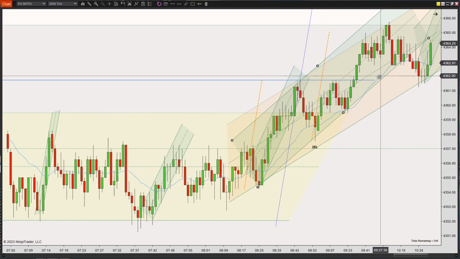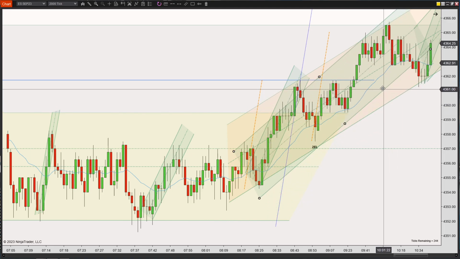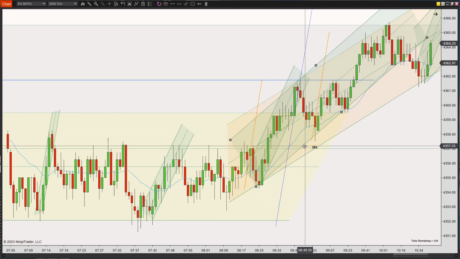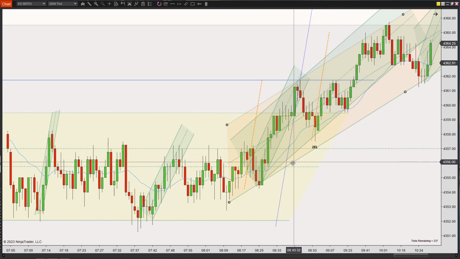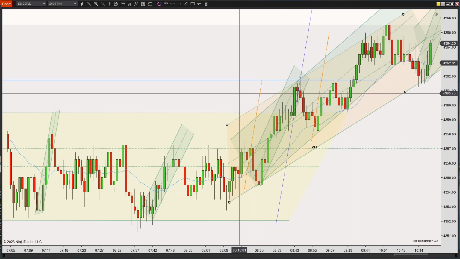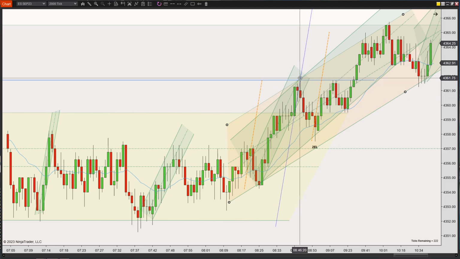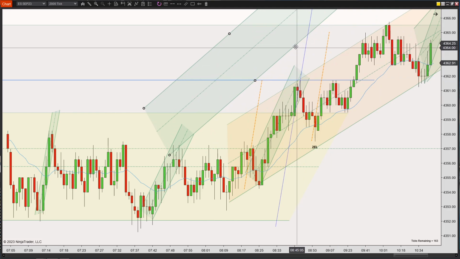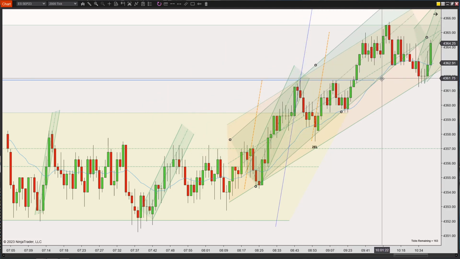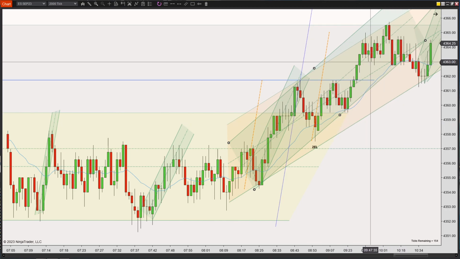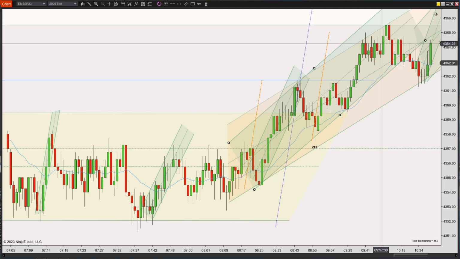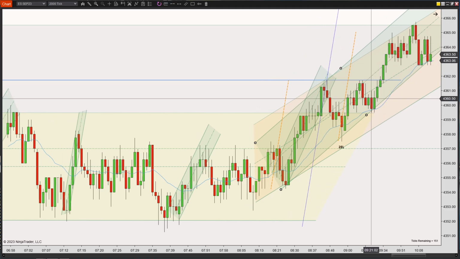So when this green channel didn't look like it was fitting, it was kind of fitting initially. And I thought, well, maybe there's a bigger channel in play. I ended up with this orange one. This orange one fit actually a little bit better in the long term, as I had one touch, two touches, and a third confirmation. On top of that, I had a pretty good three confirmations at the top. There was one here, and one here. So I actually started playing with that channel. I removed this green one, but I put the green one back just for my own archiving, so I'll remember that I first saw this green channel and I was playing off of that. And the green channel did look pretty good originally right here.